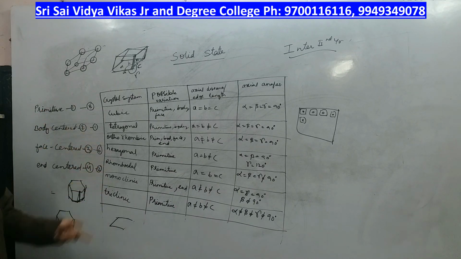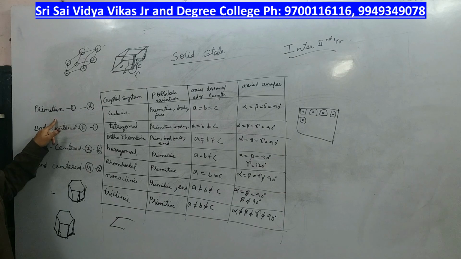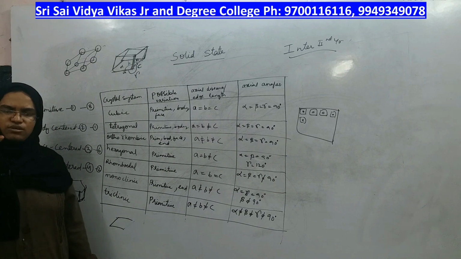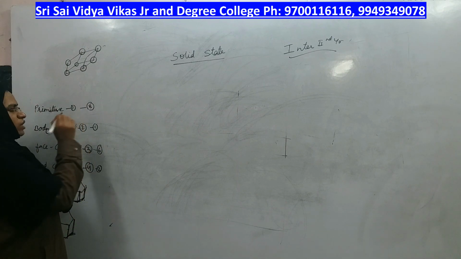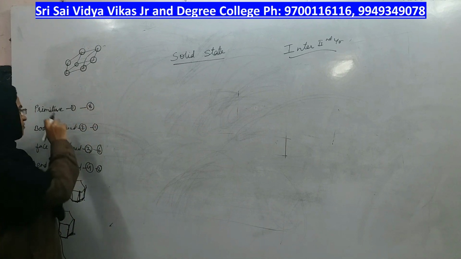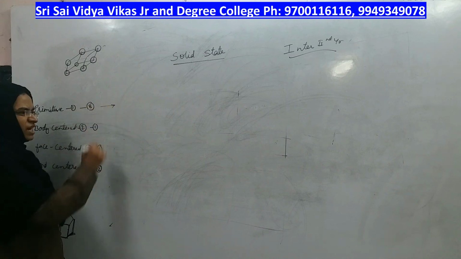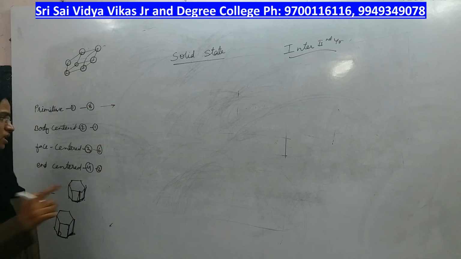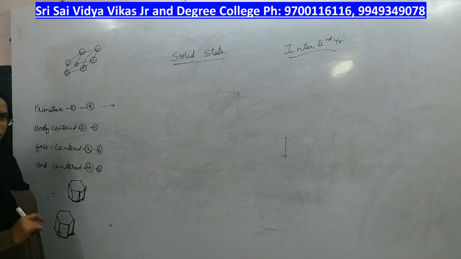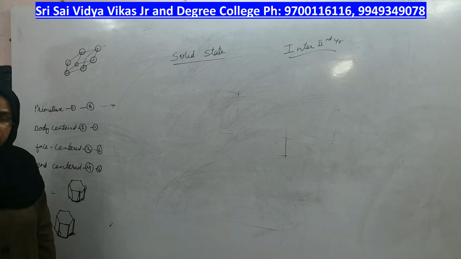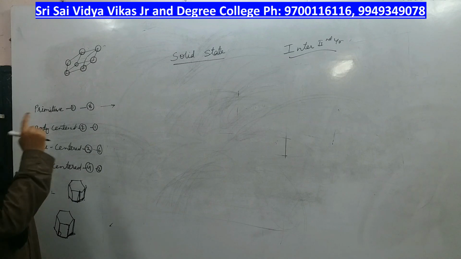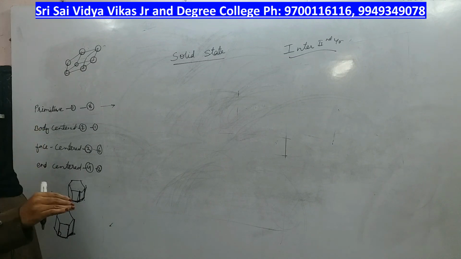Okay. So, please copy down this, and now let us calculate, in the primitive type of arrangement, exactly how many atoms each box has. Please copy this box. So, now let us take one example of primitive and calculate the total atoms per unit cell. To calculate this, we will take the common shape, cubic only, but there are other possibilities also. Shapes are so many, but we are taking the cubic shape only, right.